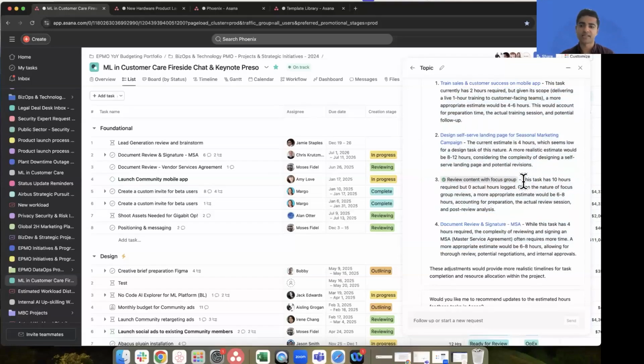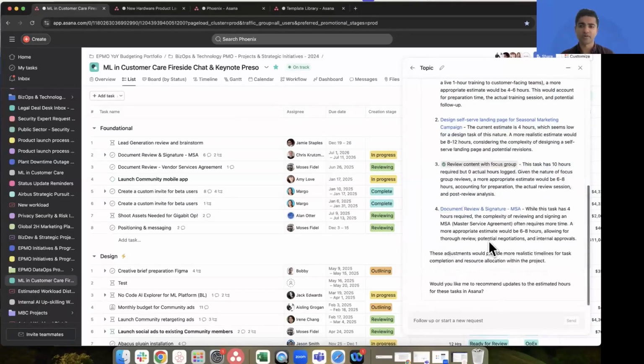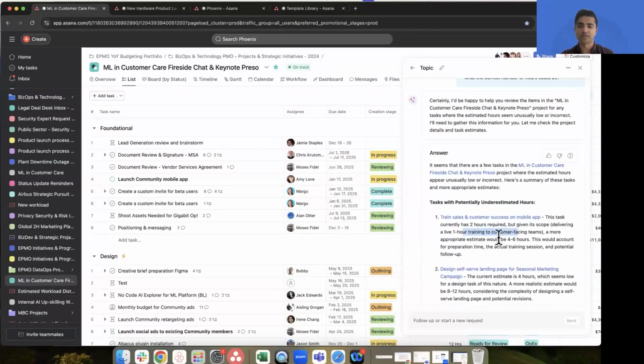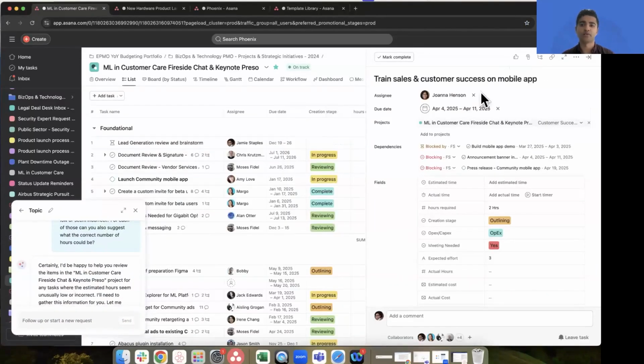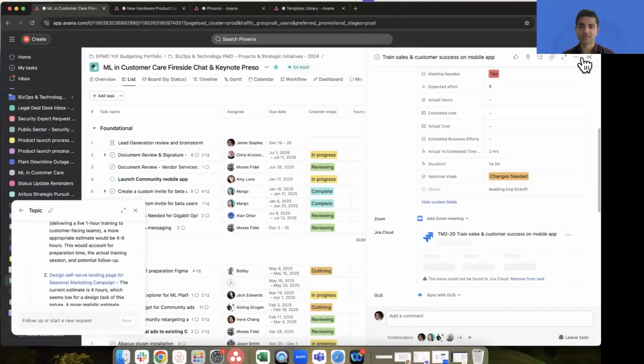And it's even saying things like, hey, this task should require 10 hours, but it's actually logged as 0. And then it's saying this one currently has 2 hours, but a closer estimate should be 4 to 6 hours. And it's doing this based on past work and based on its own knowledge, which it's using in places where it doesn't know things. And we can click on these things and it'll take us to that actual work or those tasks. So if I do this to open that work, I can move this chat aside so I can still get this context while looking at the work itself.